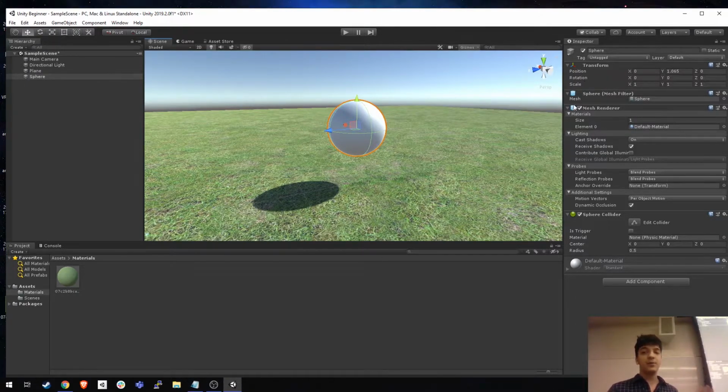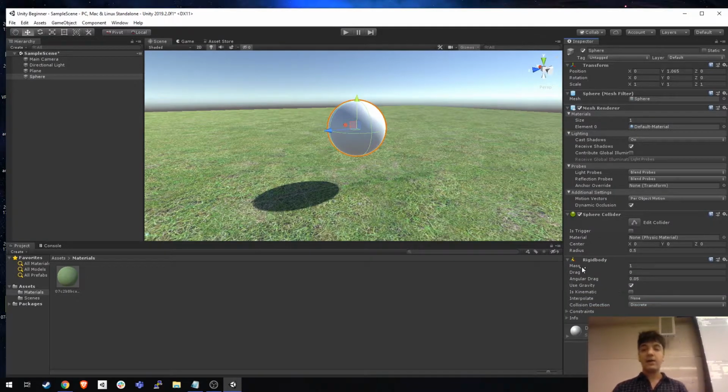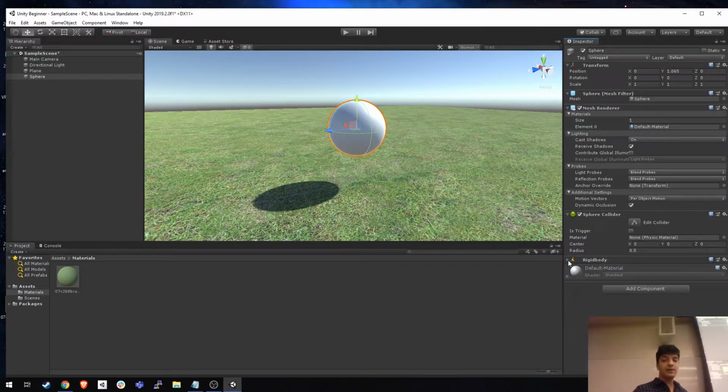I'm going to explain real quick what a component is, right? I'm going to click Add Component, and if you clear this search, you'll see there's a bunch of things here. But we're going to go to Physics. The one that we want is Rigidbody. You can always find that just by typing in this search. So you type Rigidbody, you add that, and now we've added a Rigidbody component